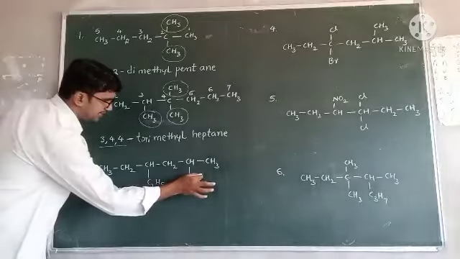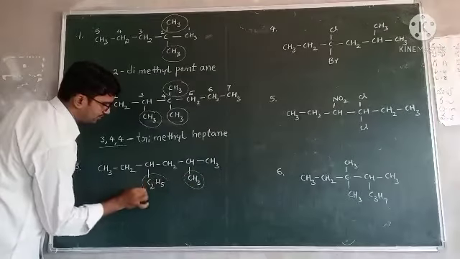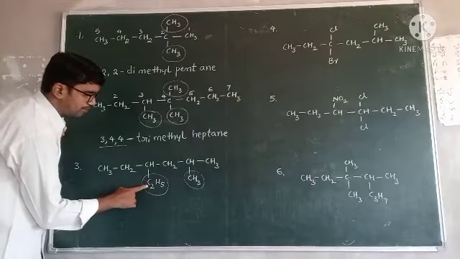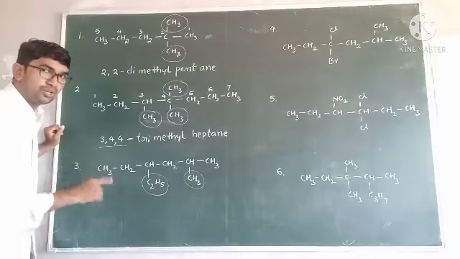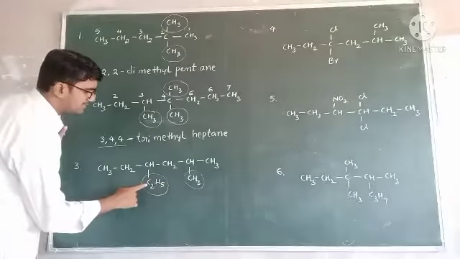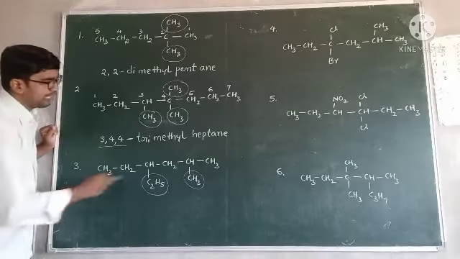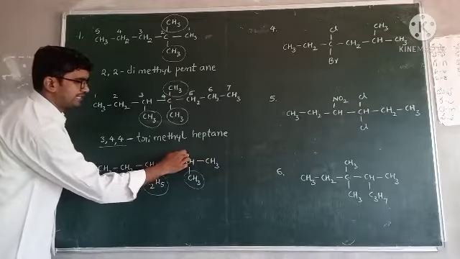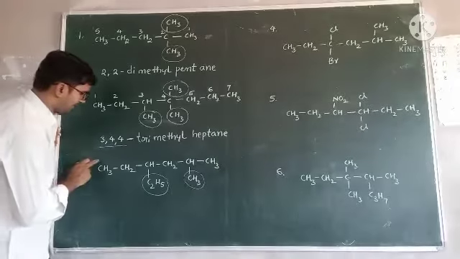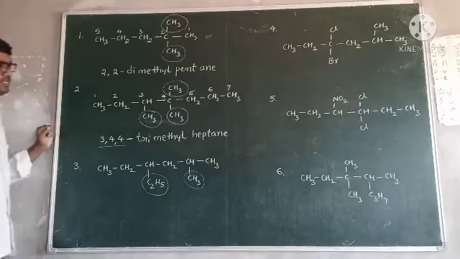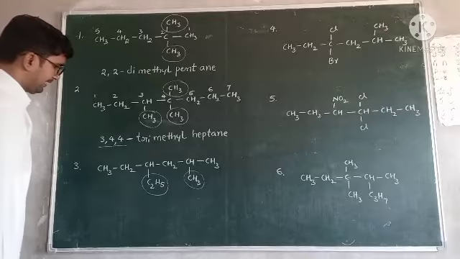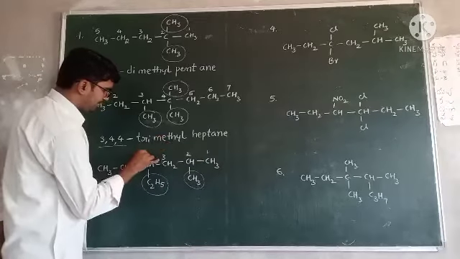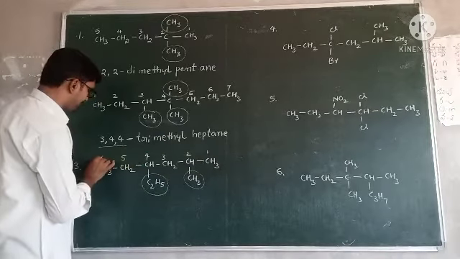What are the substitutions here? One substitution is present here, and one here. This substitution name is methyl, but for this substitution, how many carbons are there? 2 carbons are there. So ethyl. This is methyl and this is ethyl. Then how to give the numbering? From this side, 1, 2, at the second position a substitution is attached. From this side, 1, 2, 3, at the third position a substitution is attached. Right, so give numbering from this side: 1, 2, 3, 4, 5, 6.